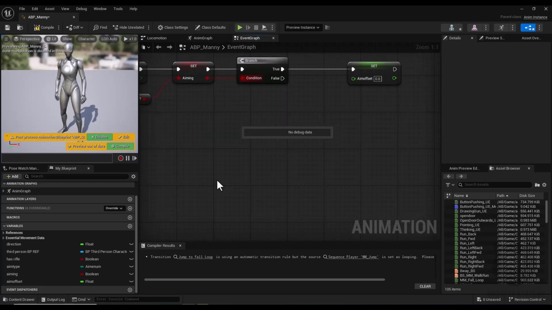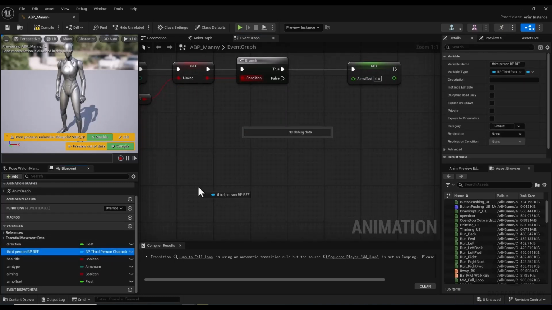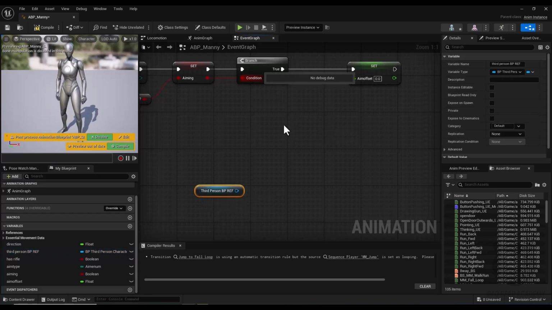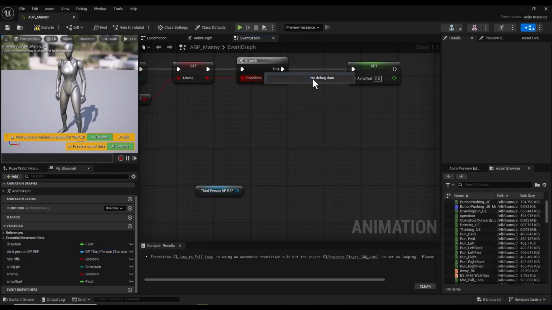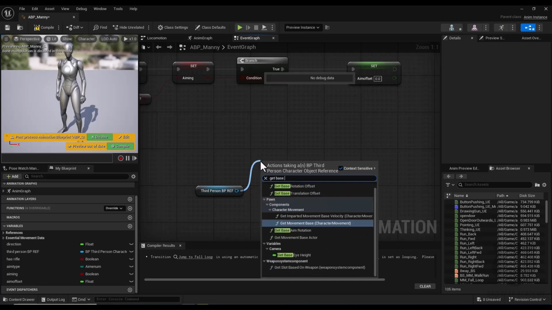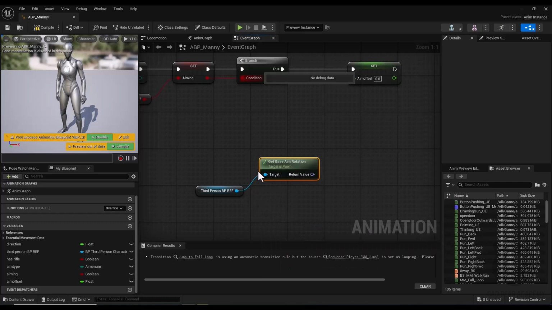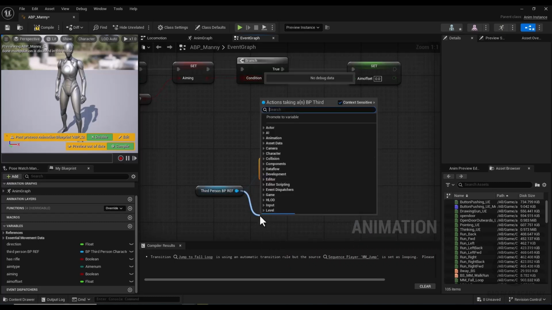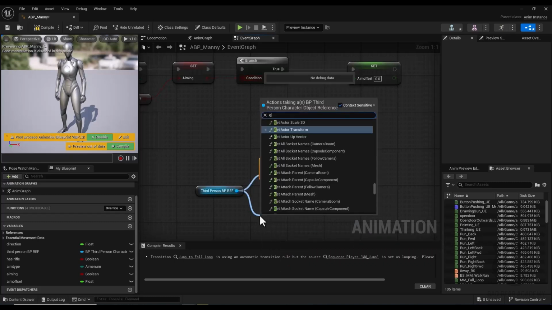Okay, first I get my character reference, and alright, I drag a node and search for get base aim rotation, and here I drag a node and search for get actor rotation,